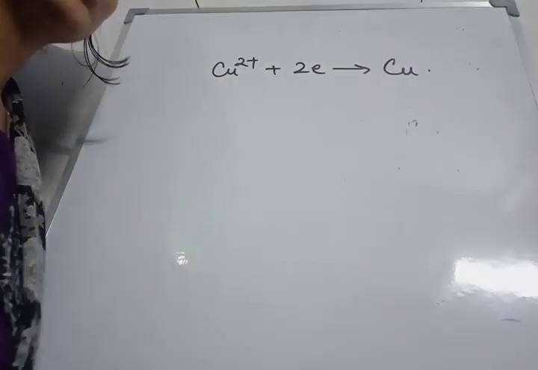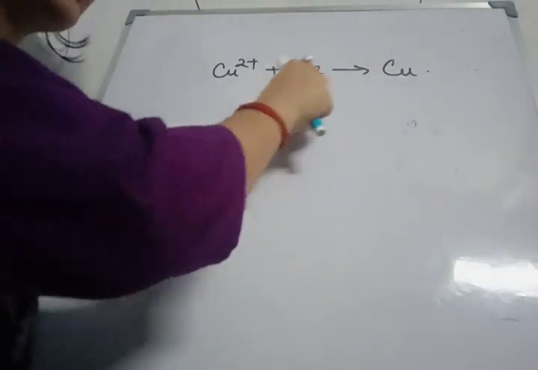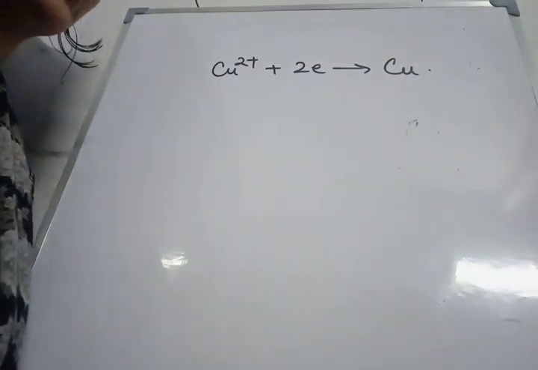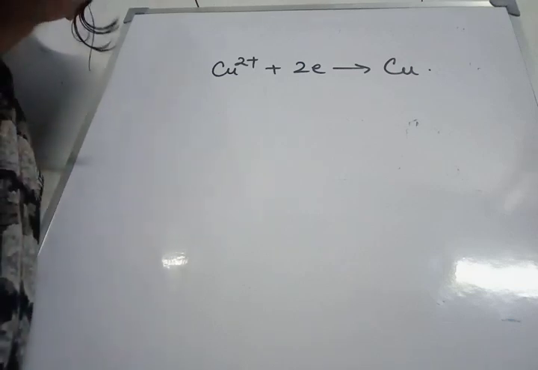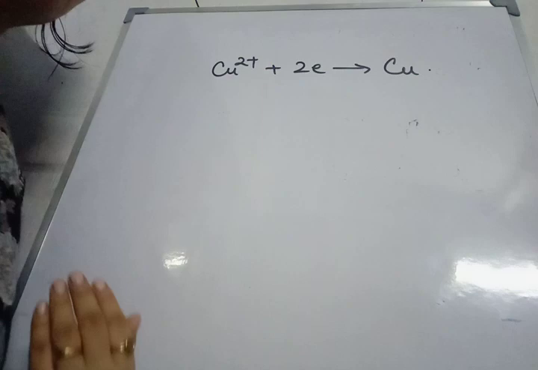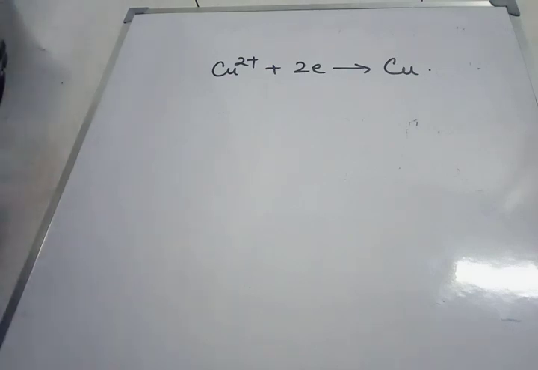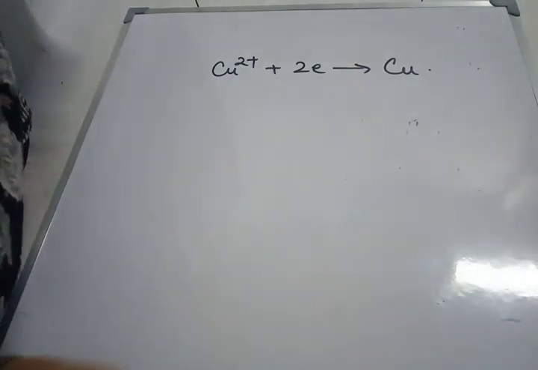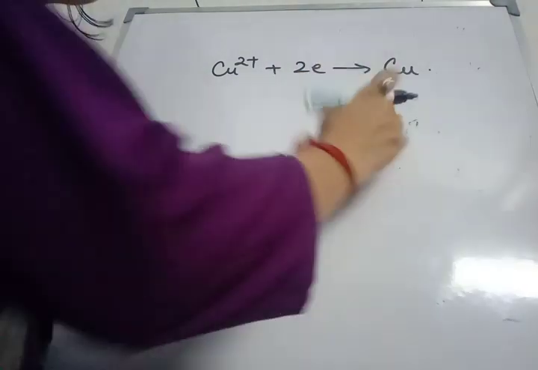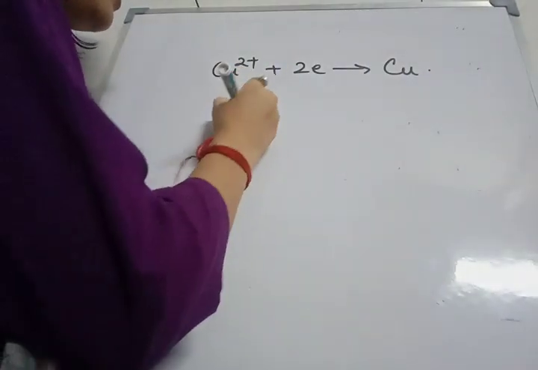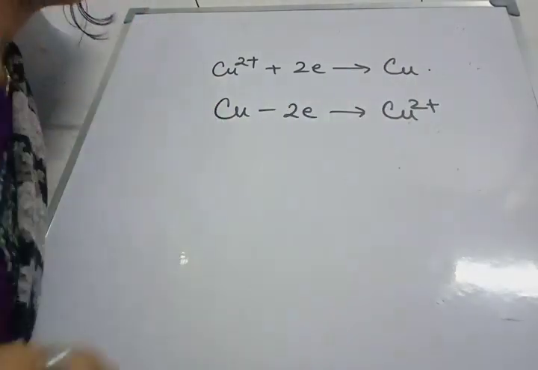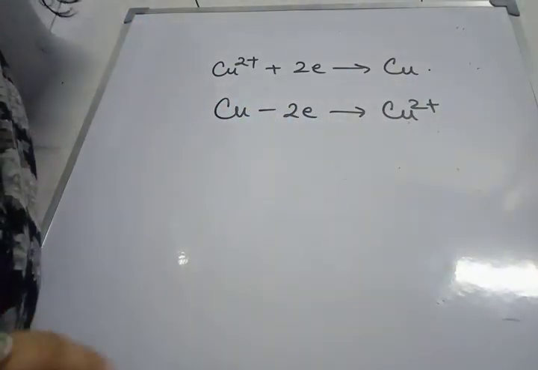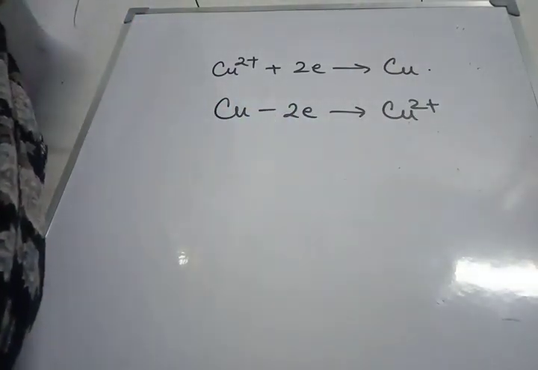So the reaction at the cathode is copper ions plus 2 electrons gives copper. So at the cathode we observe a reddish brown deposit of copper. At the anode, both hydroxide and sulfate ions migrate, but none of them gets discharged due to the active nature of the anode. So the copper anode loses electrons to form copper ions. This copper ion passes into the solution. So the product at the anode is nil.